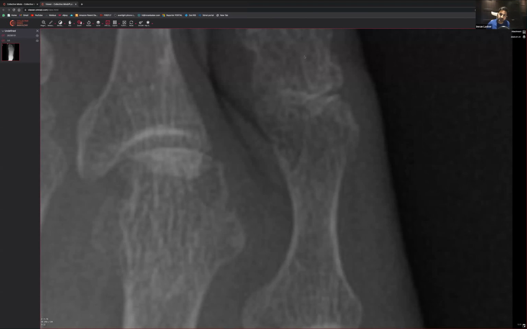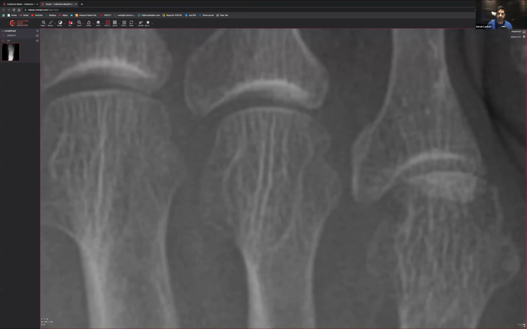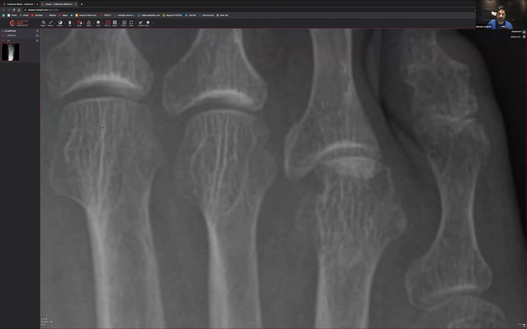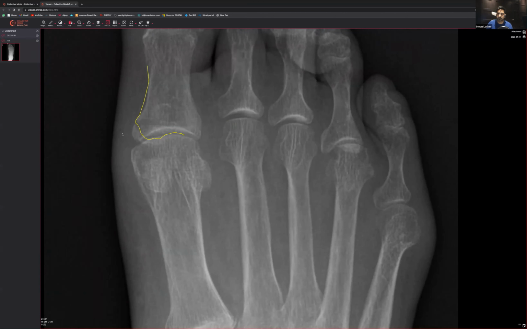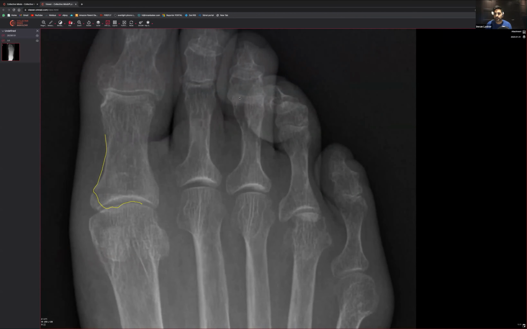Basolateral, interesting. Someone said proximal phalanx basolateral fracture. I don't know what everyone else thinks, but when you say basolateral, it can get a little bit confusing. The reason is that this is medial, right? Your big toes are medial. So if you say base lateral, I'd assume you're talking about there. It's just easier to say the medial aspect of the base of the proximal phalanx of the big toe, right? And then you're done.